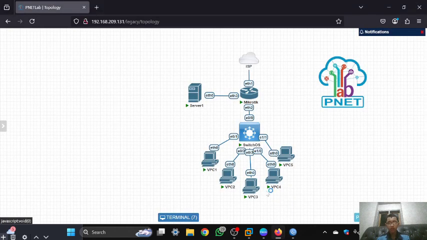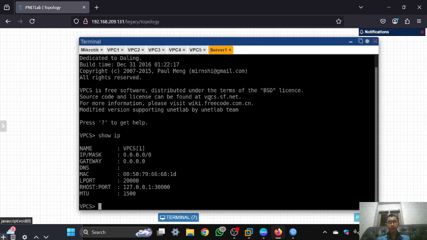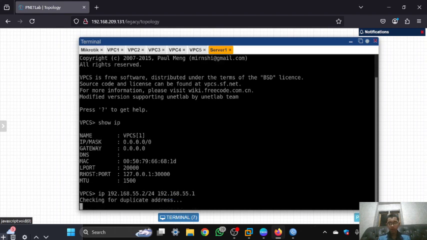Then you can open your topology and open your server. To set the IP, you can type ip and then the IP address that connects to Ethernet 3. You can fill the subnet as you want, and don't forget the prefix, and don't forget to add the IP gateway, and you can click enter.